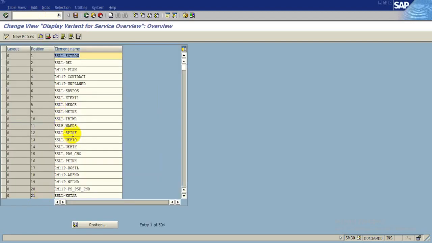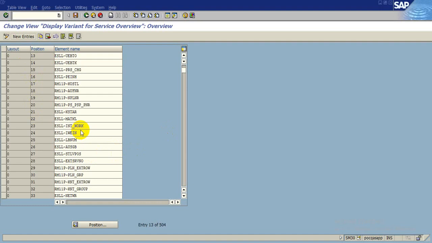Here since there were 492 and 504, let us check. The difference is 12. So we will have to remove 12 data from this layout.